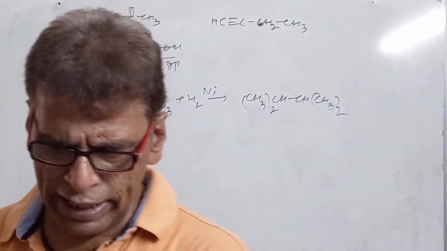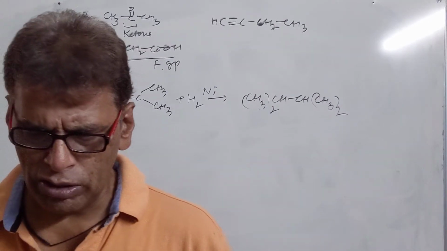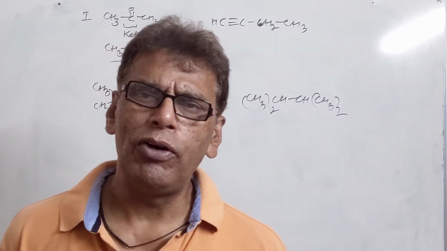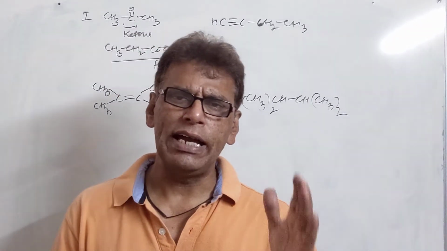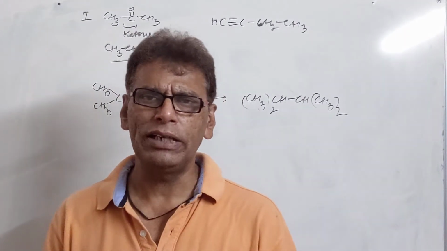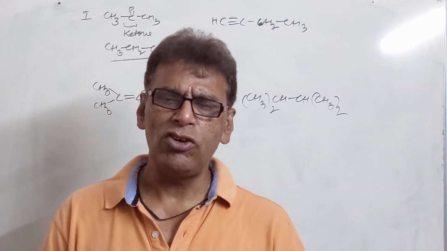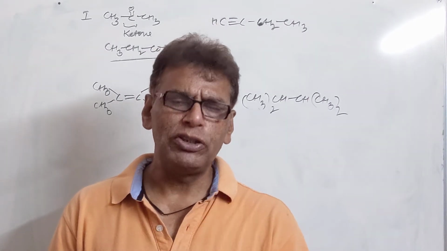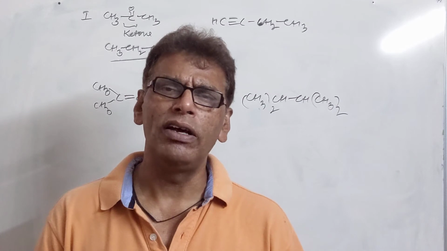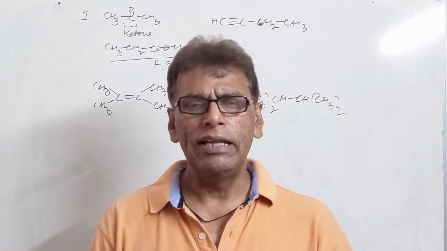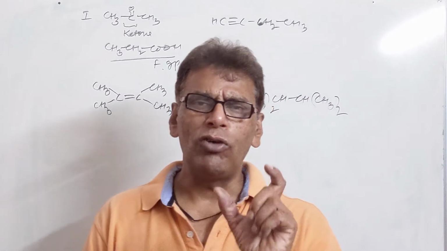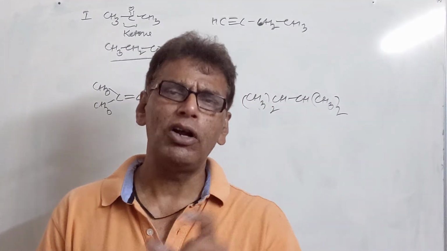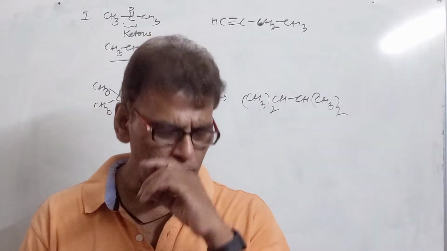Now specify any 3 rules of nomenclature of the organic compound. First of all, the name of the organic compound consists of 3 parts, that is prefix, word root and suffix. Prefix is the series of words for the substituents which have not fallen in the selected chain, and suffix represents the nature of functional group, and word root tells us about the number of carbons which are present in the compound.